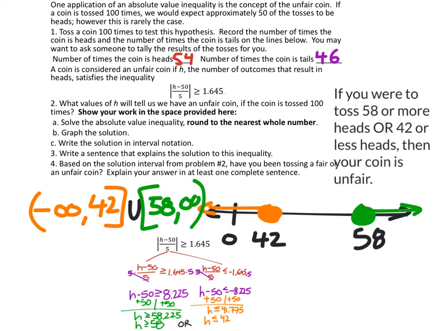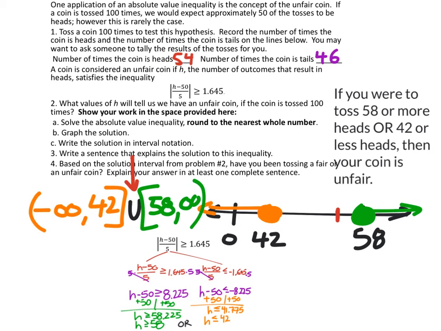And that wasn't too much writing for this. But so that's question 3. But question 4 for me says, based on this solution interval from problem 2, which we have right there in orange and green, have you been tossing a fair or unfair coin? Well, let's further interpret this, okay? That means that from 42 to 58, as soon as you toss 43 or even 57 heads, then it is a fair coin, right? Now, we tossed 54, which on this number line would show up about right here,